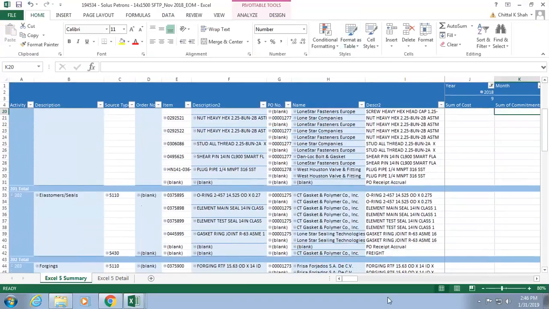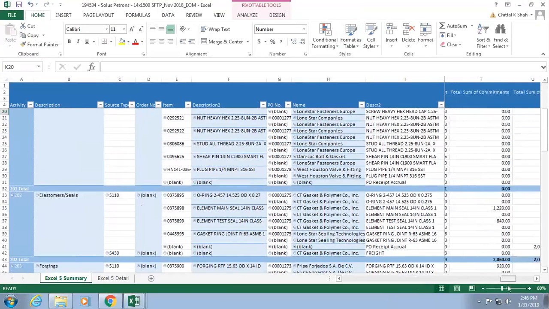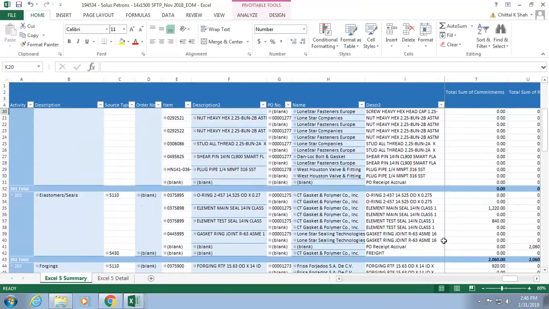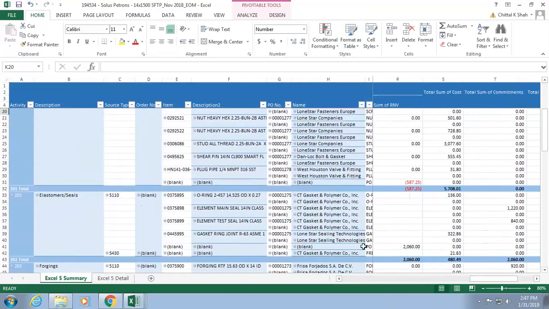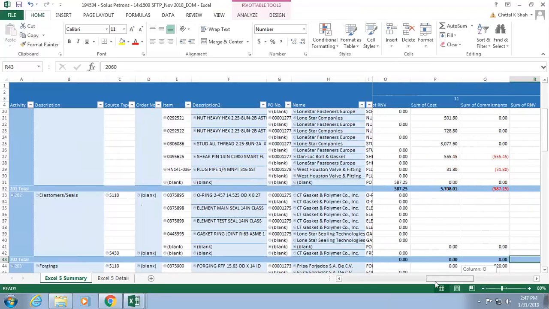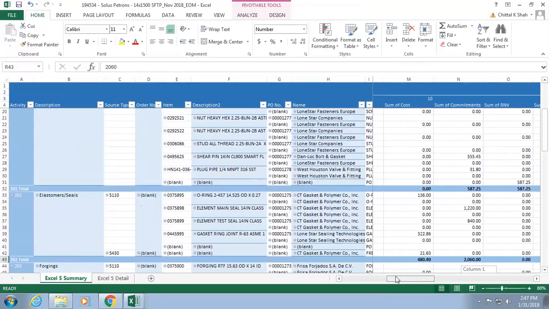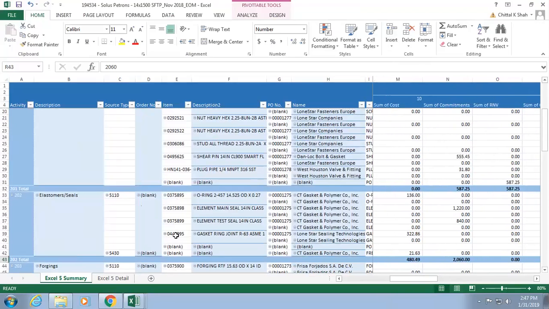If I had an overrun on 202, I want to go and see what POs were cut. So this is just, it's too big. So you want to see what POs were cut and what's making that value, total value, which is showing as total cost on my project. If I see the POs, it shows the part numbers which are bought, the PO numbers, and which company it went to, and the description. If that's something which was like, well, it shouldn't be on this, or we decided not to buy it, or that's somebody else's project,